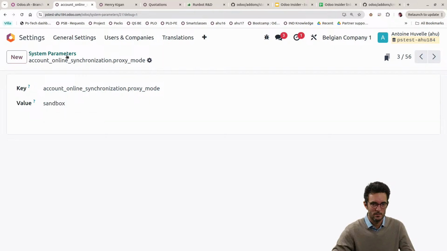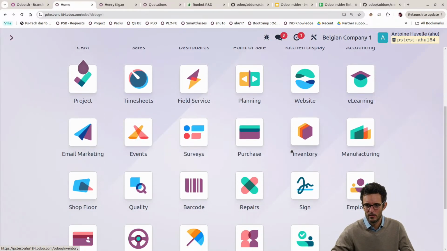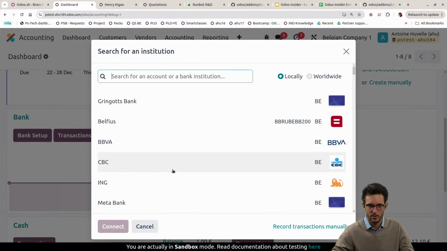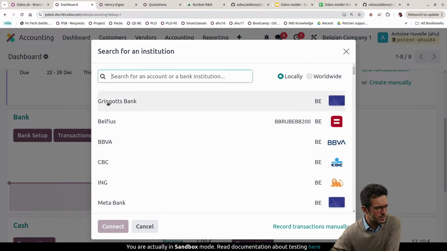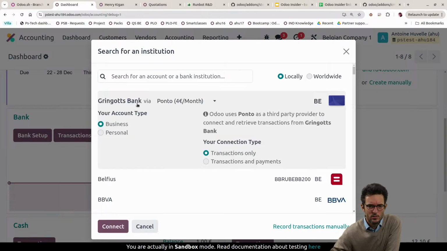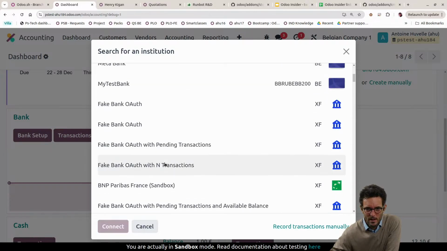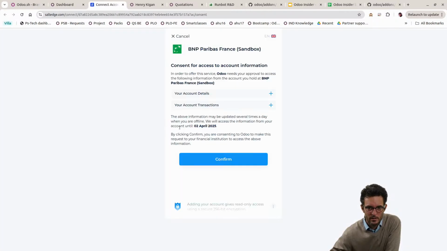That's why it was already sandbox, and this means that if you go into the accounting, clicking on bank setup, the banks that you have here, yes, you see those are fake. And in fact, I was not sure, but maybe this one is the one that we have in Harry Potter. It sounds not real, this one. That's why I was thinking about that. But there you see, you have lots of fake ones that you can continue the connection with. And I think that I can even emulate